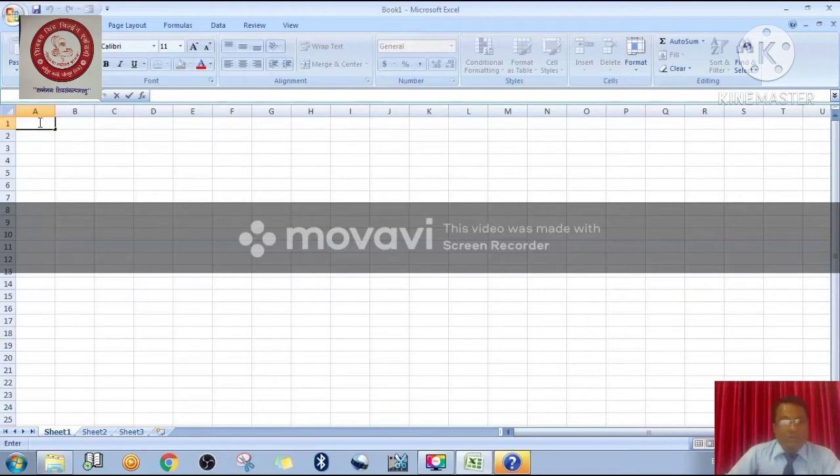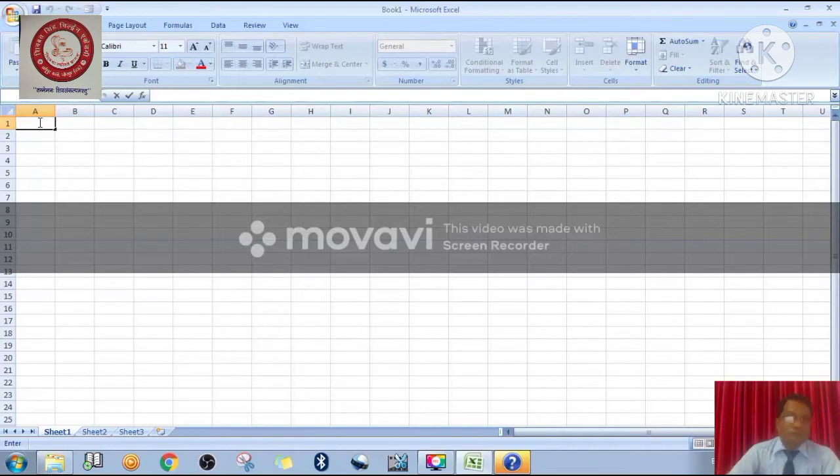Okay students, right now I have told you about two things. Number one, press F2 to go into edit mode, then immediately you can enter the data because the cursor is available. Second point, if you are using the mouse, then double click on the cell, the cursor will come and then you are able to enter the data. Two things I have already told you.